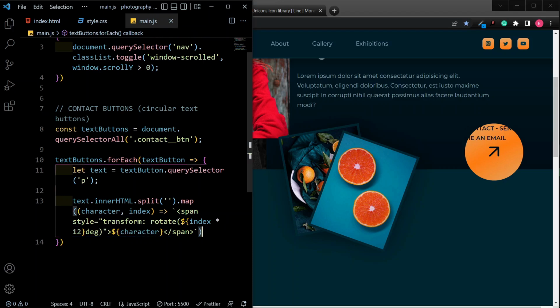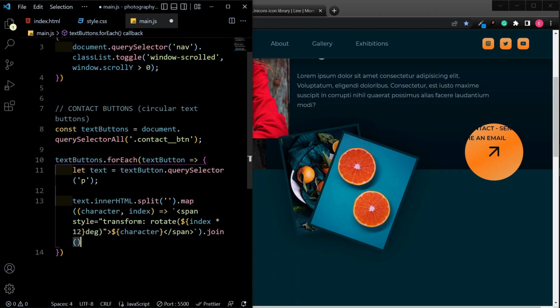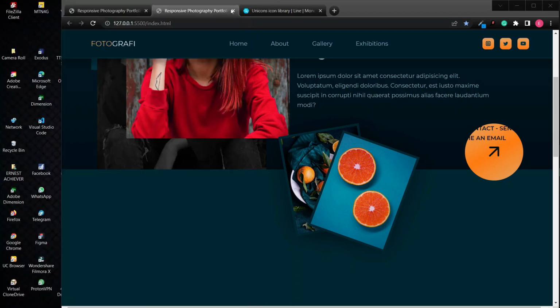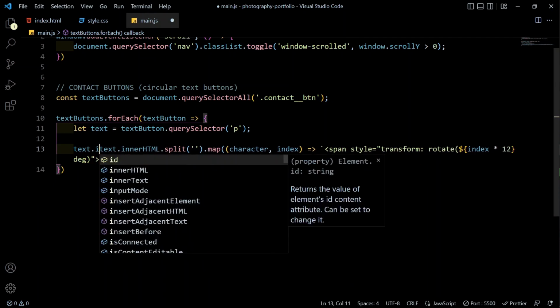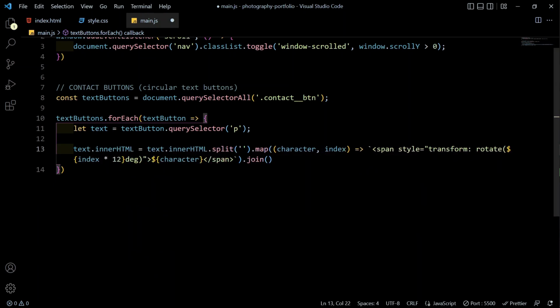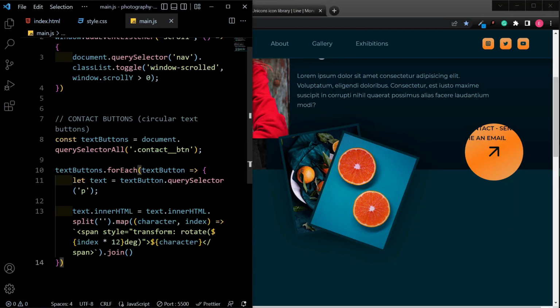All right, so now let's actually join this, and what we are going to do is put this whole thing back into the text, into the paragraph tag, and that is inside the text, right? So the text inner HTML should be equal to this whole thing. Okay, so now if I save this,